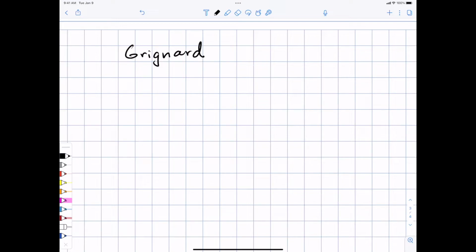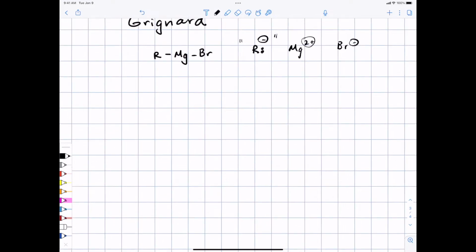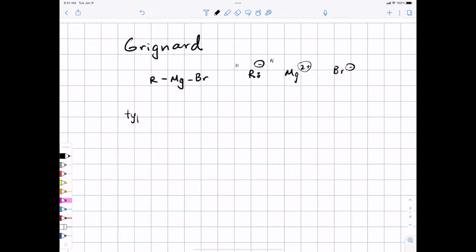The typical way we think of the Grignard reagent is that it's basically R minus, Mg2 plus, and Br minus. And we deal with the Grignard nucleophile as though it were basically an anion. But that's not actually how it is, and there is some substantial covalent character between the carbon and the magnesium. The typical expected mechanism, the way you would typically draw a Grignard mechanism, and it's not wrong, is